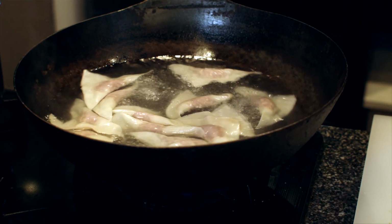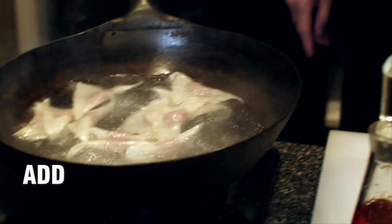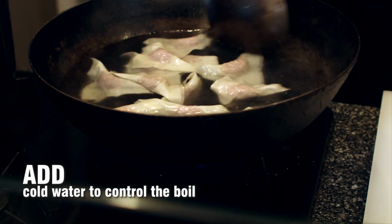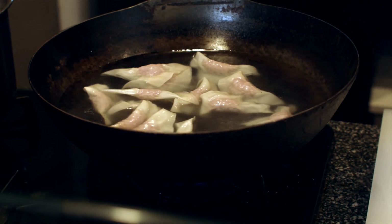And we're going to wait until it comes back to a boil, right? So now we've come back to a boil, and when it comes back to a boil, add a cup of cold water and get it circulating again. Get 1 more cup of cold water ready, okay? And we're going to sit here and wait until